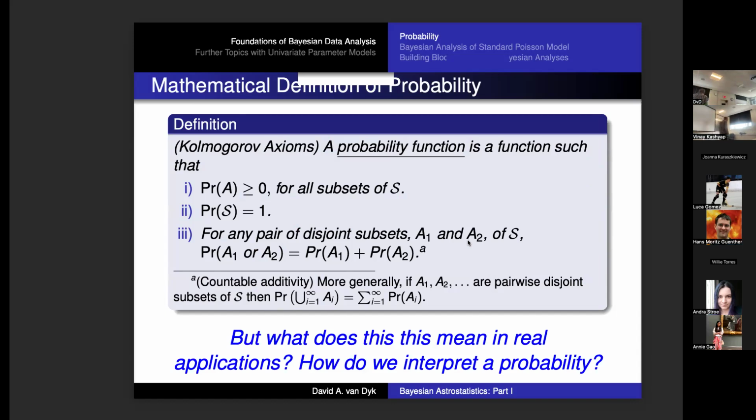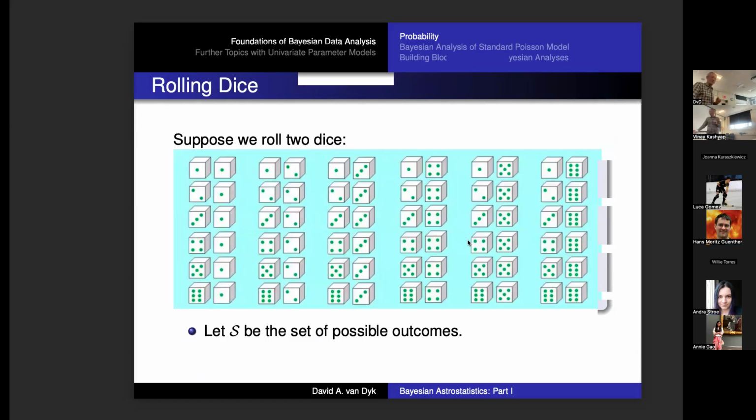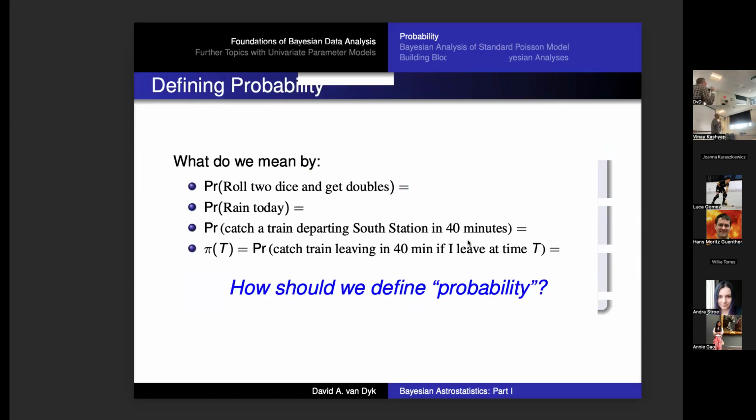Notice that the mathematical definition doesn't tell you anything about these questions, right? What does it mean? It's just a function, nothing more than a mathematical construct. What it means in the real world, the mathematics is completely agnostic about. It's up to us to decide how we want to use this mathematical tool. Some people are going to use it with a more restrictive definition: a probability only makes sense if it's something that can repeat again and again. And some people are going to say, well, I'm going to use probability much more generally.